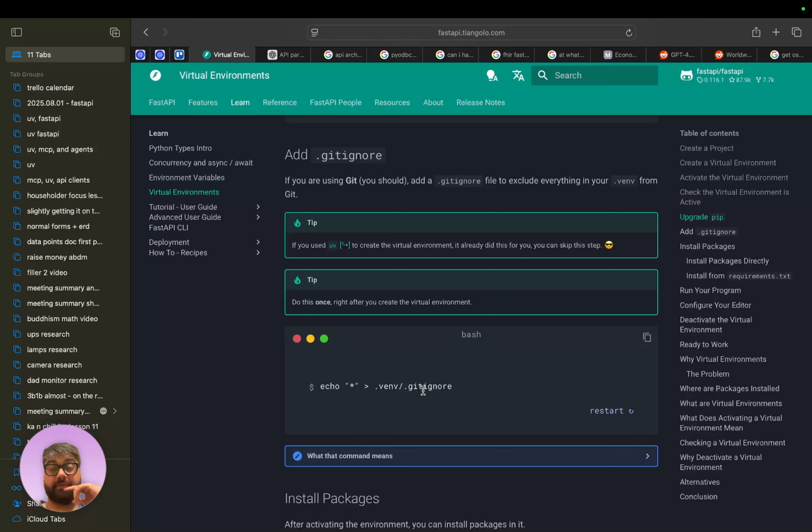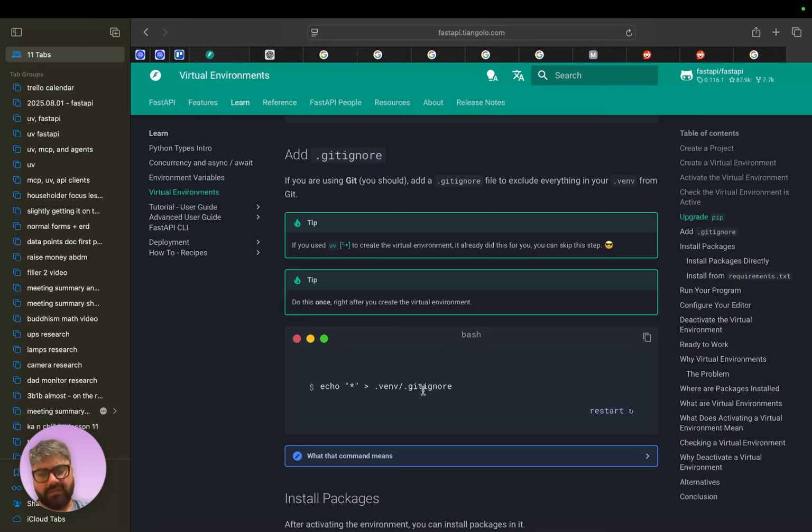And then another big one is dunder pycache dunder. I think dunder means double underscore, by the way. That one's a little trickier to explain. It basically has to do with Python. A common misconception is that Python is an interpreted language. It's not purely interpreted. It's more similar to the Java just-in-time compilation thing.